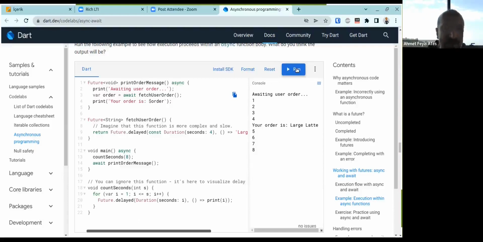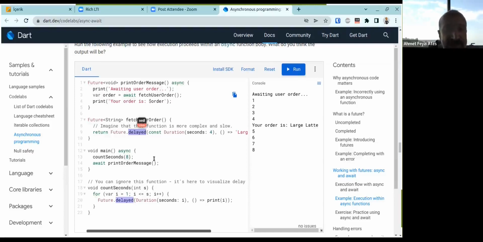And by using the Future function, you can use the then implementation, future.then. This means when the Future is completed and returns some value, you may execute the code you have written.